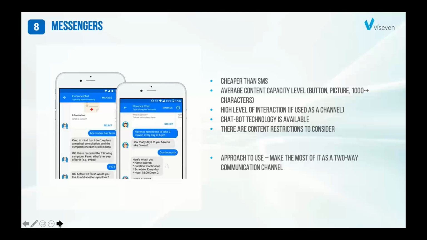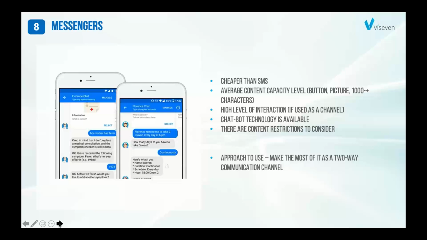And also in most cases when we compare this channel, for example, to the SMS, it has more advanced content capacity, so we can include in most cases up to 1000 characters inside the message, buttons, pictures, and so on. So it gives us a more advanced asset to use in messengers.